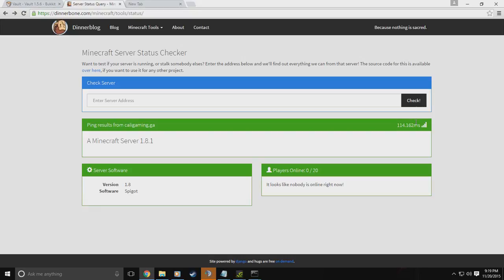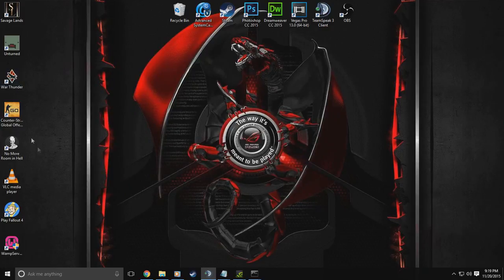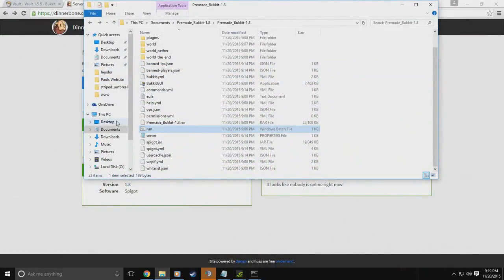Alright, see right here. It just pinged it and it says it is up. This is my ping right now. It's a pretty bad ping. I don't know why. Oh, it's probably because where they pinged it from is probably like a California server or something like that. Looks like nobody's online right now, but like I said, I'll prove to you guys that this is my server. I'm gonna go ahead and